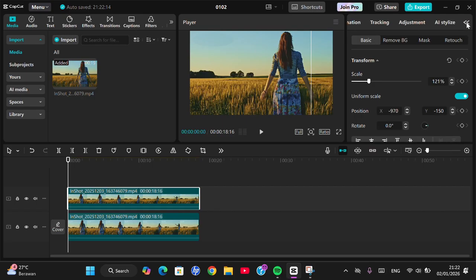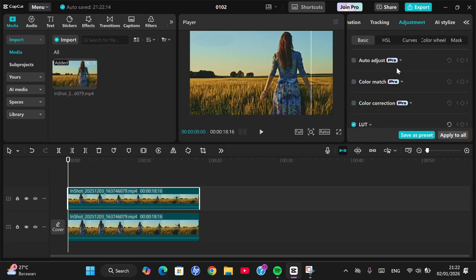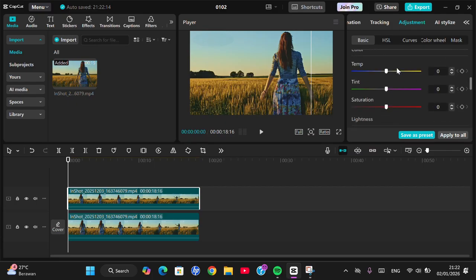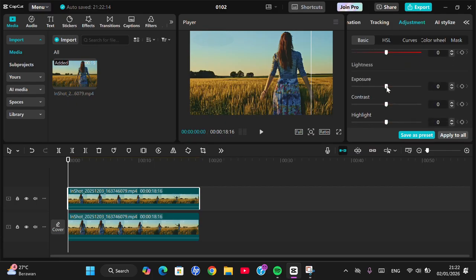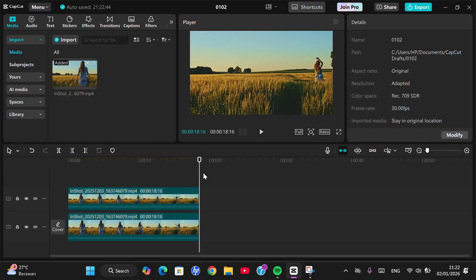So I'm going to go to the adjustment. It's right here, and then I'm going to go to lightness. Okay, I'm going to increase the exposure. Oops, let's try 1. Guys, okay, and it looks natural, more natural than before, and you can keep adjusting until you're satisfied with how